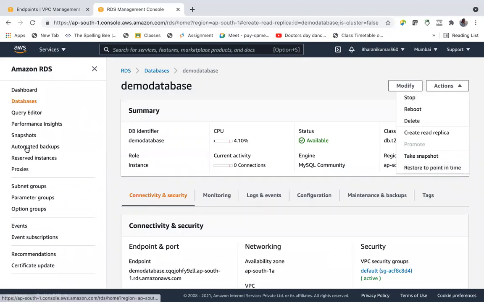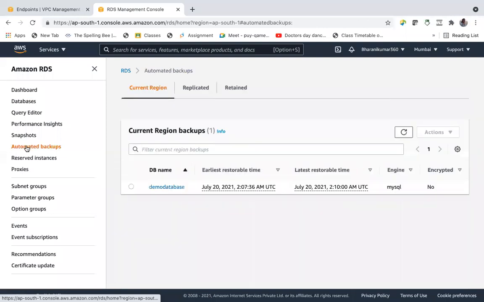Say we have given a window for automated backups, but it's not like that. Suppose I have given automated backups to happen at 11:30 p.m. every day. Backups will happen for the database. Say my database has crashed at 10:30, 1 hour before the backup, and I have an option of restoring the database from backup.